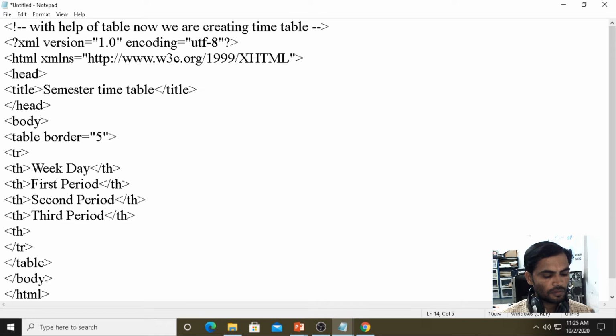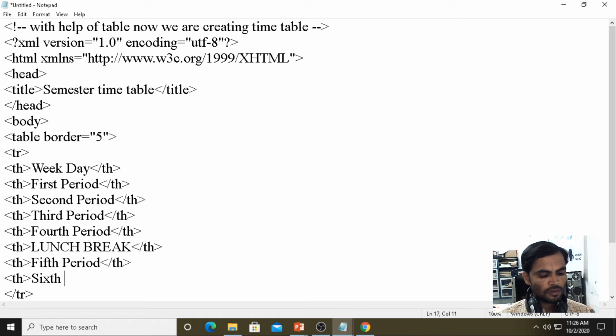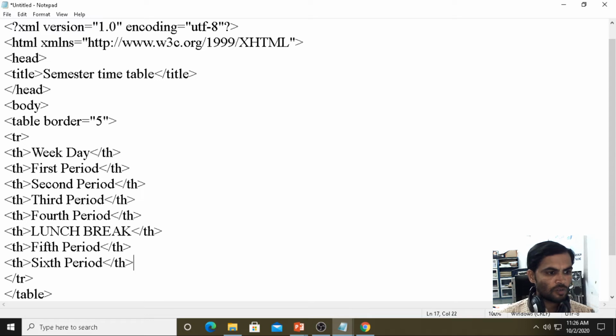Table heading, fourth period. Then table heading, lunch break. Then table heading, fifth period. Then table heading, sixth period. Then already we close the table.